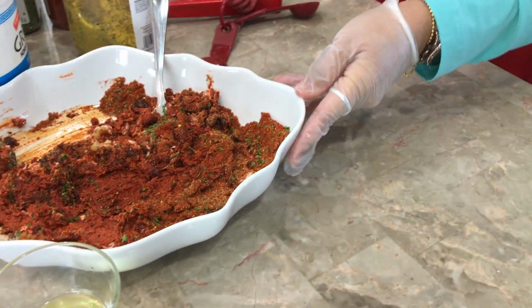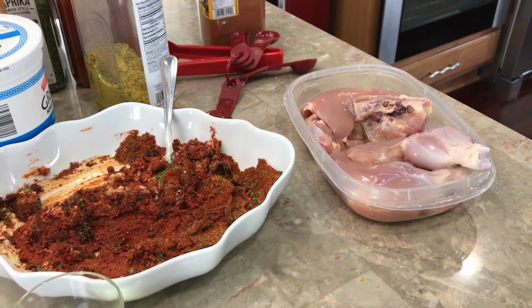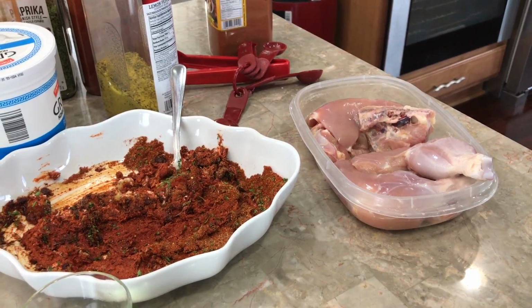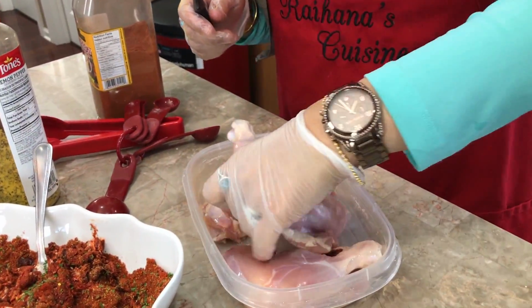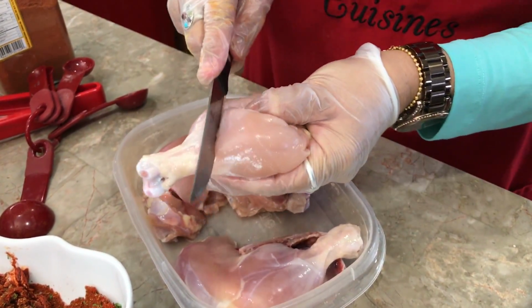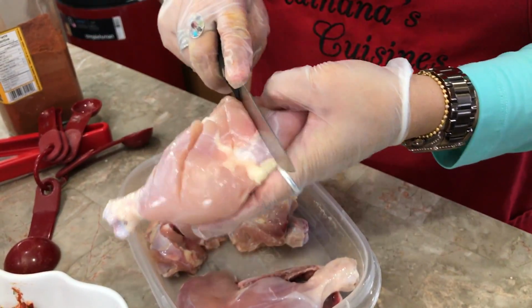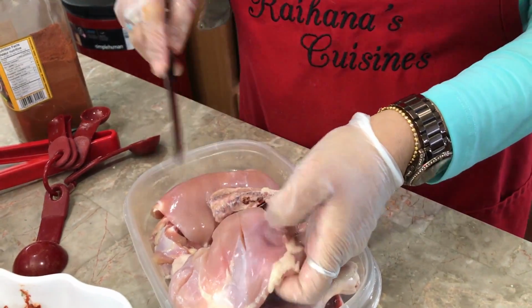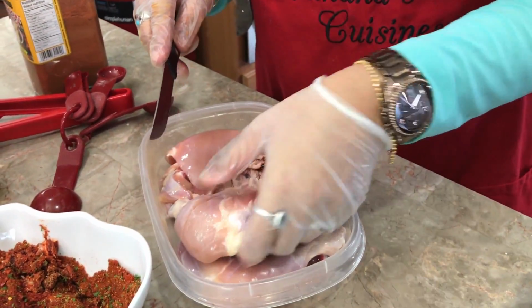The one very important thing that I forgot was that you want to make slits on this chicken. And this is really important because this is going to make this chicken super tasty. And you see, these are very thick parts of the chicken. So this is also going to reduce the time that you're going to be cooking it. On top of that, we will also be able to get all that really good marination into, see those slits,